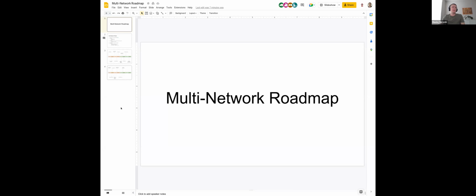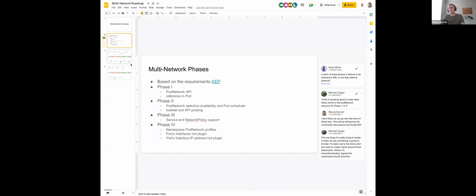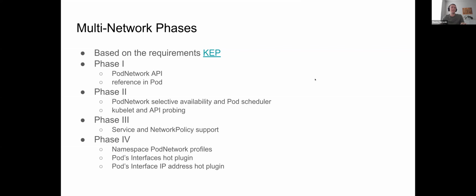So I created this deck just to put in one place the current phasing and more or less when I think we can do it. And bear with me on this one because I am completely inexperienced in terms of how such stuff can be developed in Kubernetes. So this is some very rough estimation of me thinking of what it can take and what it can really be.